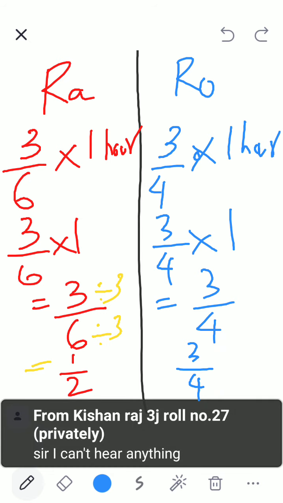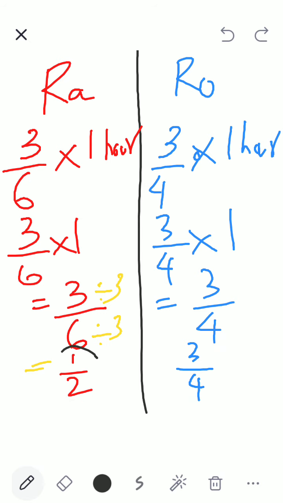So you have to convert. Now these two are unlike fractions, correct? So what will I do? We will convert it to like fractions. For that, what we have to do? We have to find the LCM. What is the LCM of 2 and 4? Very simple. 4. So how will this become 4? 2 multiplied by 2, 1 multiplied by 2, and 4 multiplied by 1, 3 multiplied by 1. So this becomes equal to 2 by 4, and this remains 3 by 4.